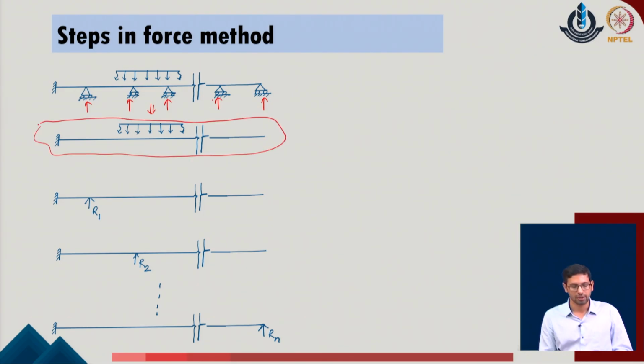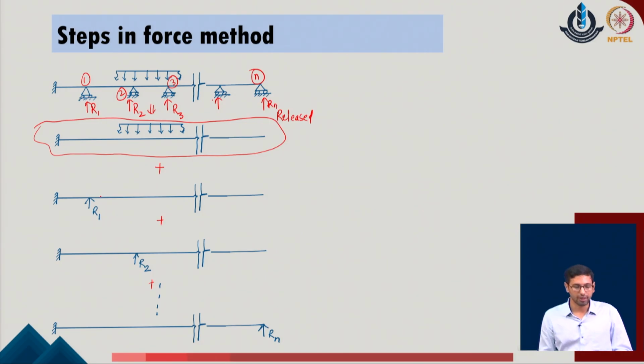been considered here. So, this is the release structure which is of course stable, and we have applied the external load on top of it, but as we have considered the original problem with respect to which we have some values of the reactions at say the joint 1, joint 2, joint 3 and up to joint n of the given problem, we one by one add these n systems in the given problem in which we apply the amount of the reaction, the unknown reaction value of the given system at each of the joints of the given system.